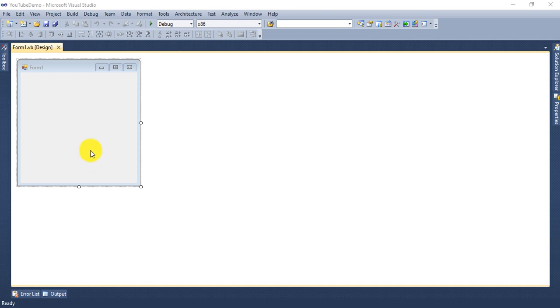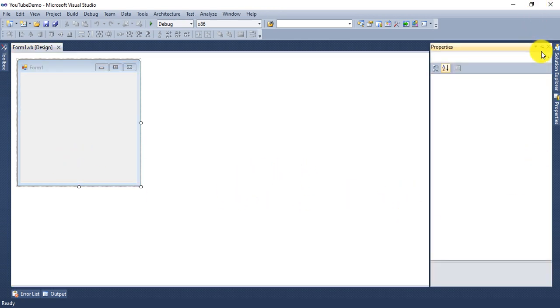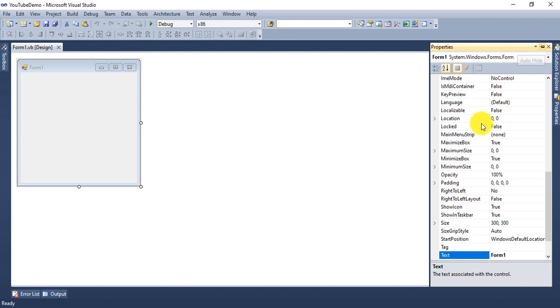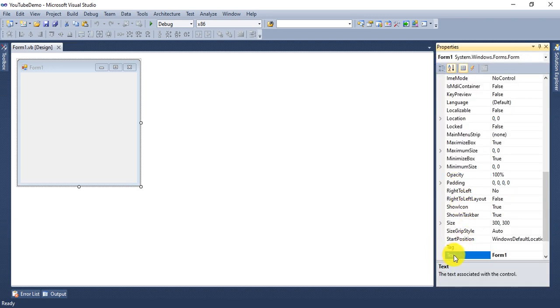First, I'm changing this form caption in the properties window to combo box demo. You can see I'm changing the title.